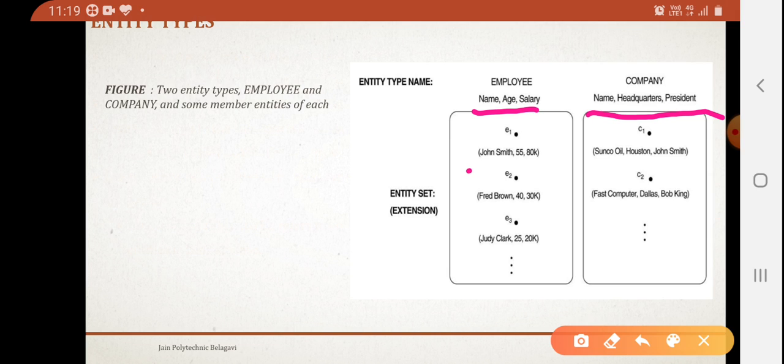Here, John Smith, 56, 55, 80K: this is the name, age, and salary. Same in company: name, headquarters, president. These three attributes are character type data, as shown in this figure.